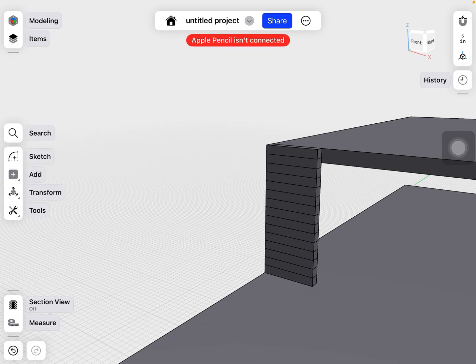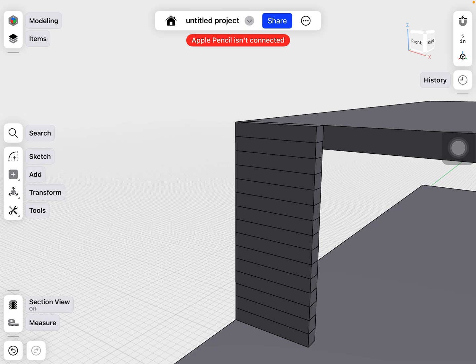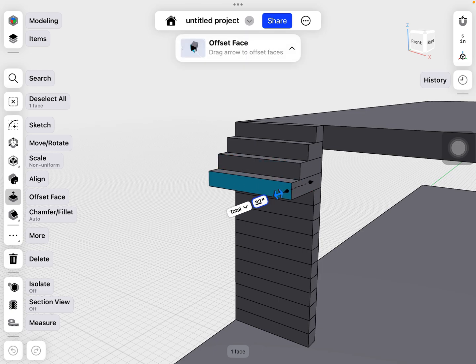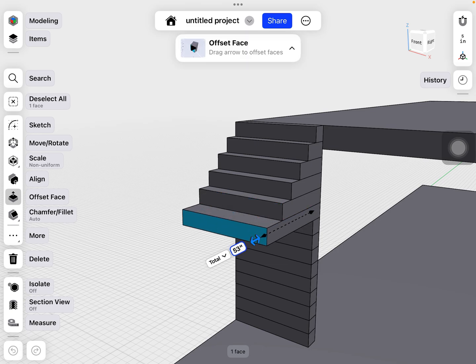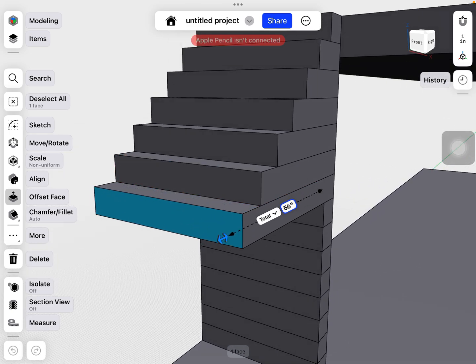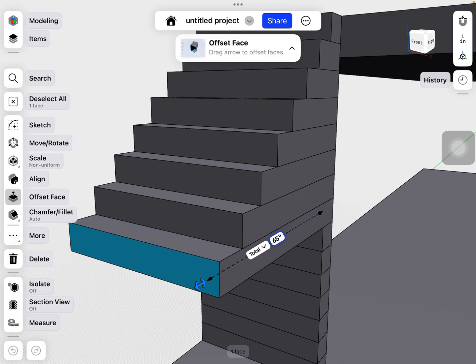Now it's a matter of just stretching these stairs out. So each one should come out 8 inches more. So this one comes out to 16. As long as you can add by 8, you're in good shape here. So out to 24, 32, 40, 48, 56, 64,